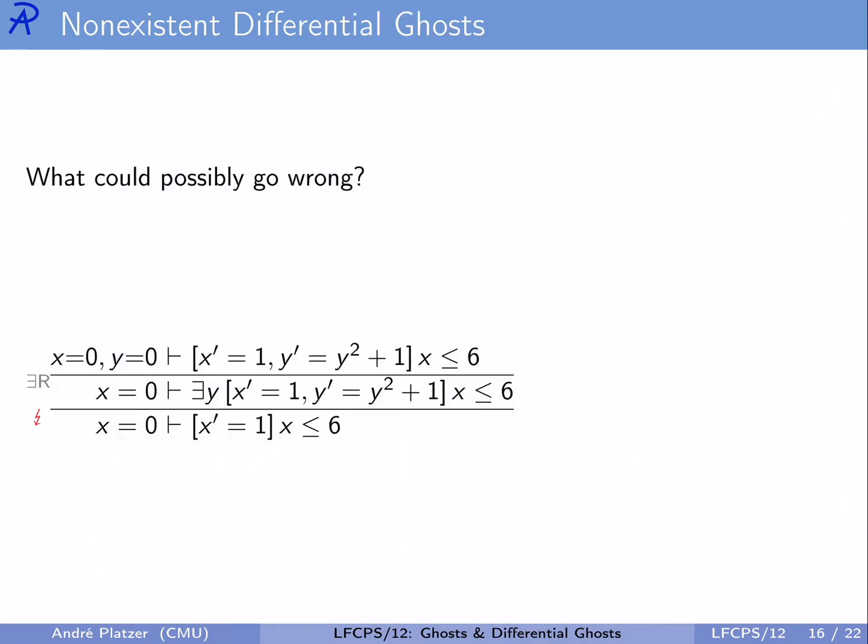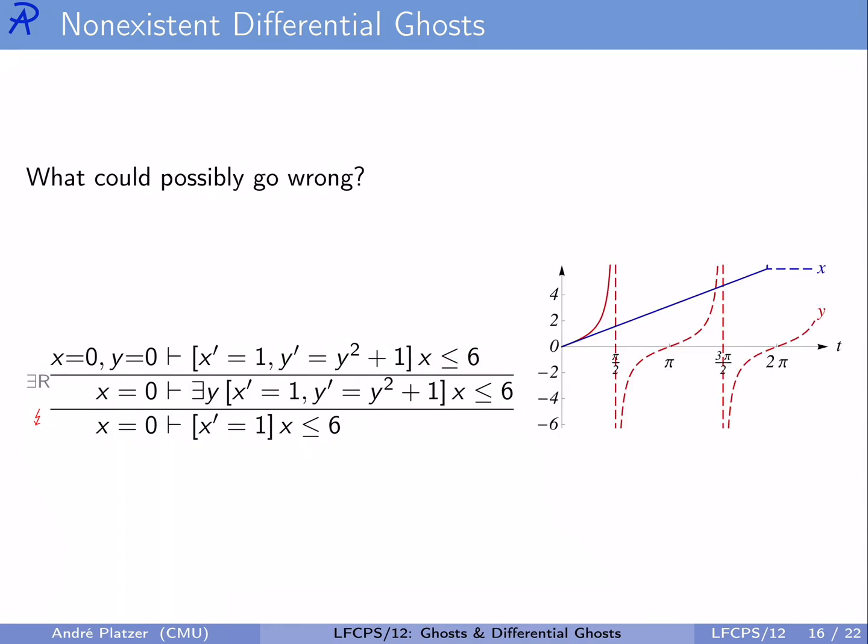What could possibly go wrong? Well, we said it is important for the differential ghost proof rule and the differential ghost axiom that it stems from that the solution is actually linear in the differential ghost variable. Why is that important? Well, because otherwise we could prove that if we start at x equals 0, x prime equals 1 satisfies x less or equals 6 all the time by introducing a new differential ghost such as y prime is y squared plus 1, and then prove a witness such as initially y is 0 with y prime equals y squared plus 1, and then this is actually a valid formula even if that is not,